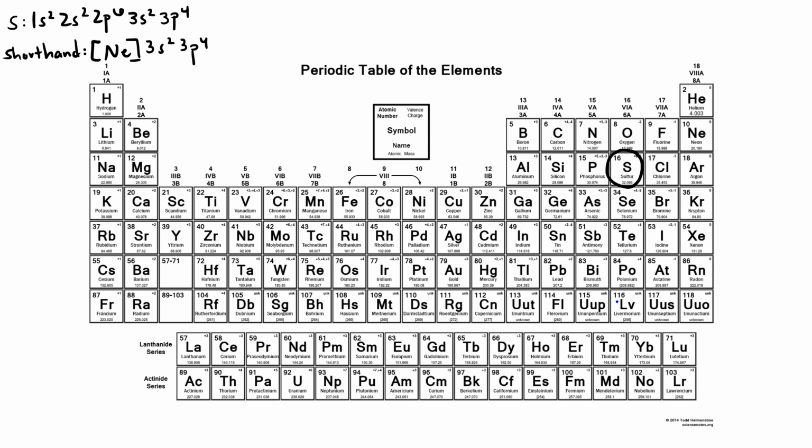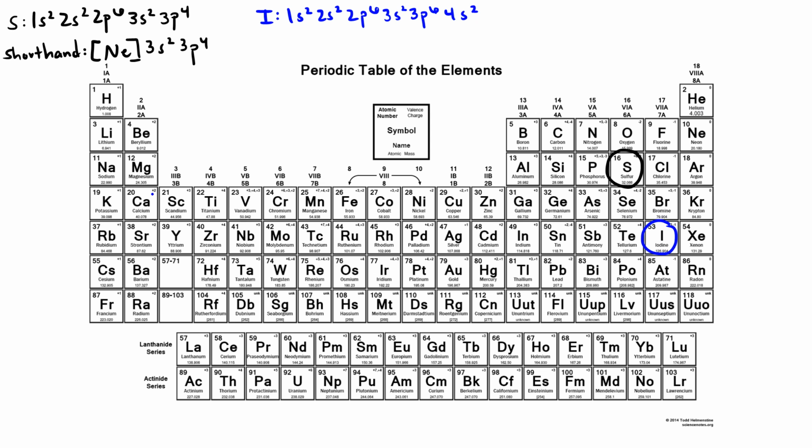Next we'll look at iodine, which is way down here. It's element number 53. We're going to go through the same process. To get to iodine, we have the 1s2 orbitals filled, we have the 2s2 orbital filled, the 2p6 orbital filled, the 3s2 orbital filled, the 3p6 orbital filled, the 4s2 is also filled,